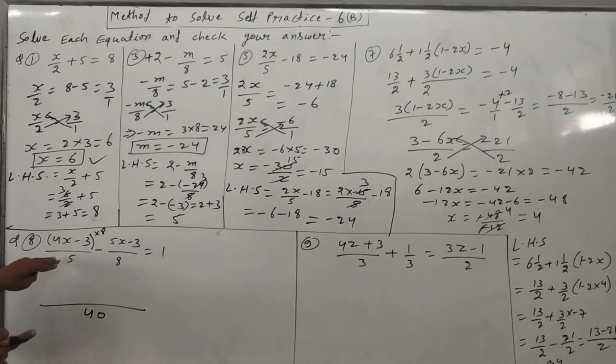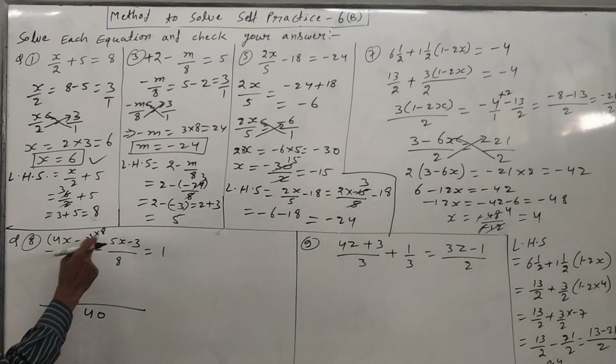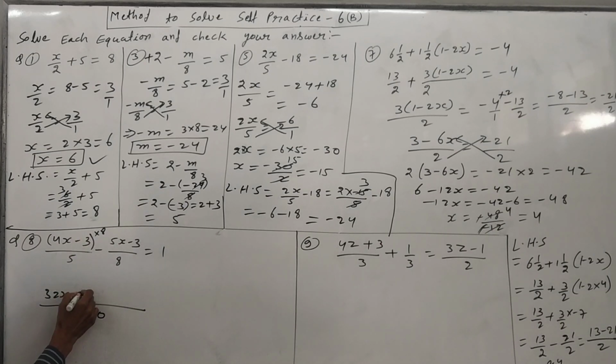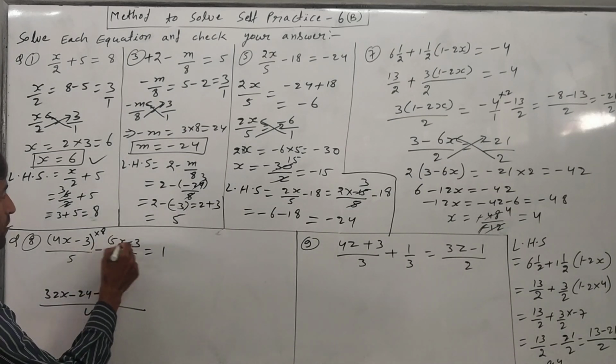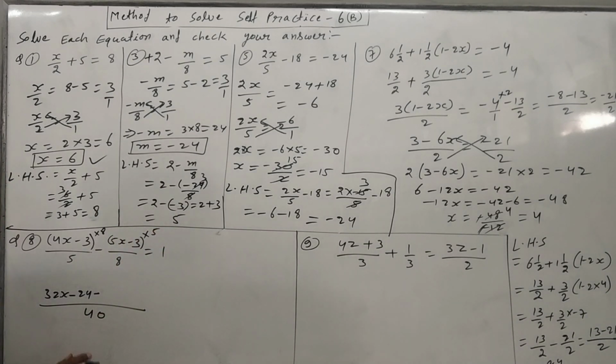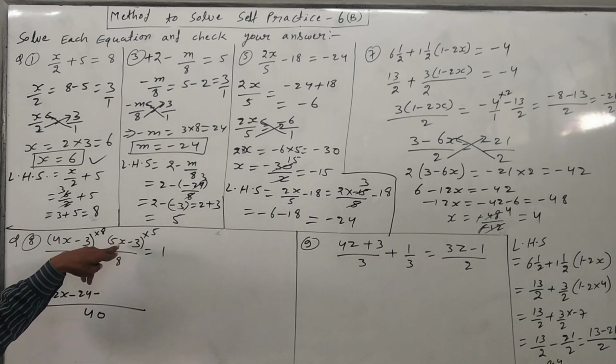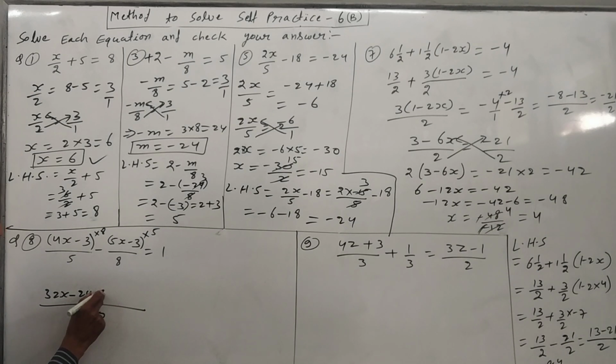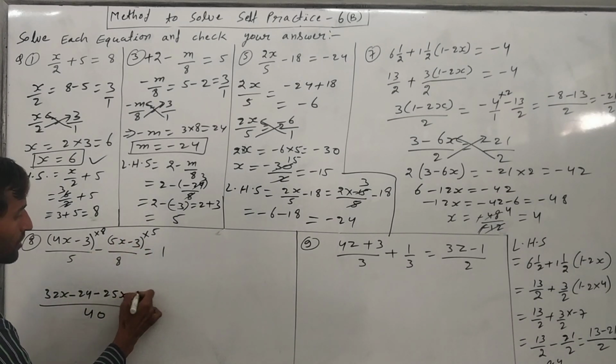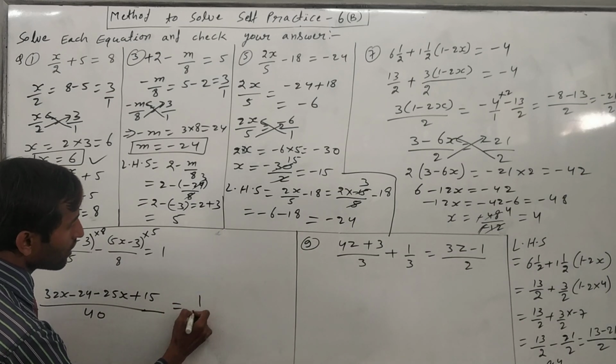Why are we doing it like this? Because we are making the same denominator. So this 8 will multiply, 8 times 4 is 32x and minus 8 times 3 is 24 will come. And here minus sign is there, so just be careful with this minus sign. And now again in the 8 table, 40 will come 5 times, so we have to multiply here 5. That's why I have put a small bracket here, because we have to multiply by minus 5 and minus also. So minus 5 times 5 is 25x will come, and this minus and this minus will become plus, and 5 times 3 is 15, plus 15 will come, is equal to 1 upon 1.